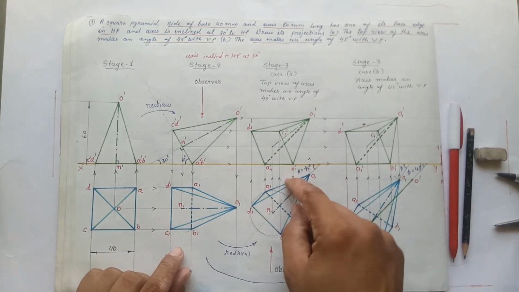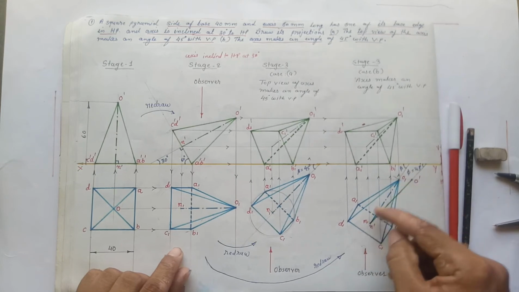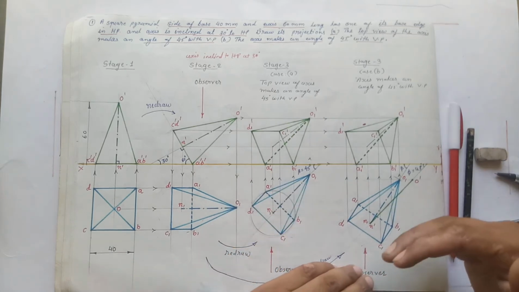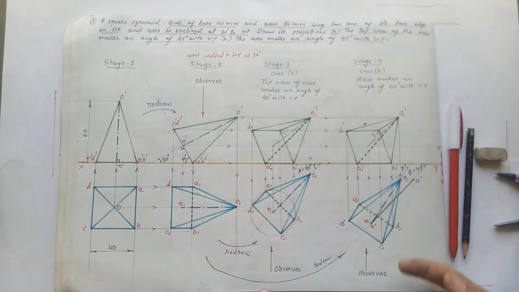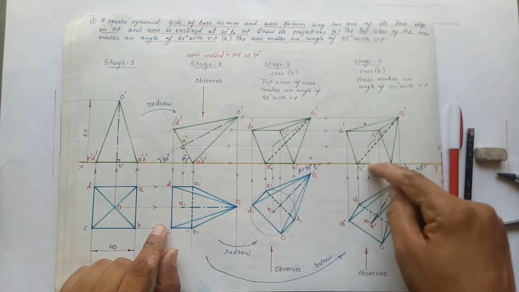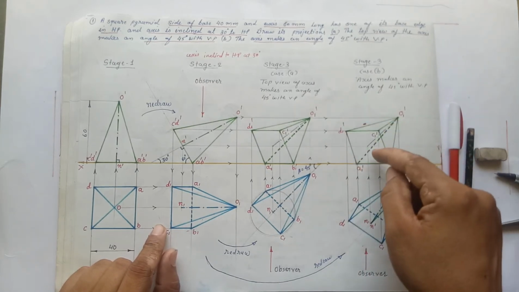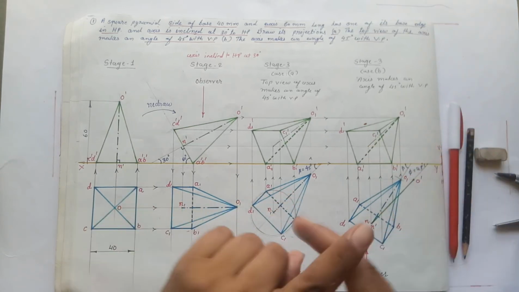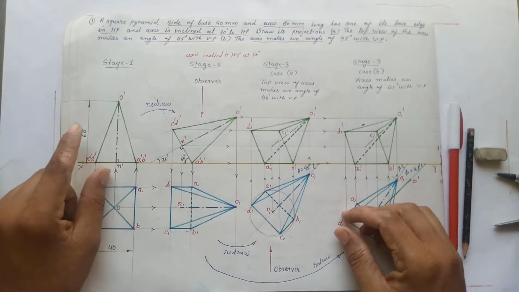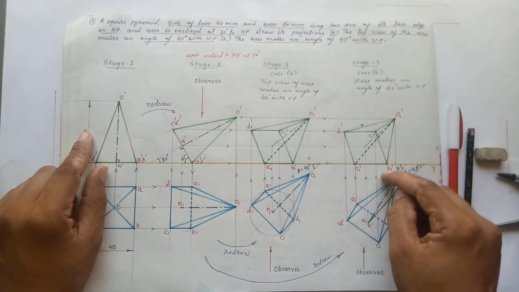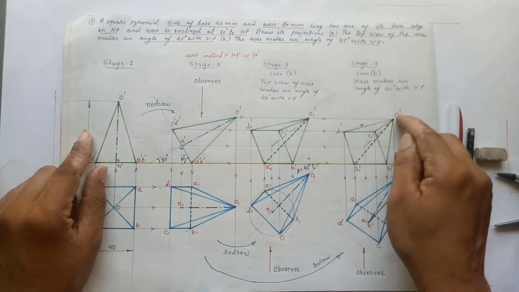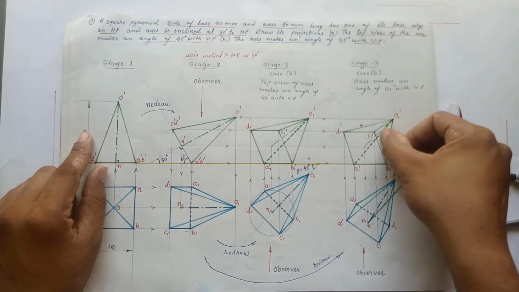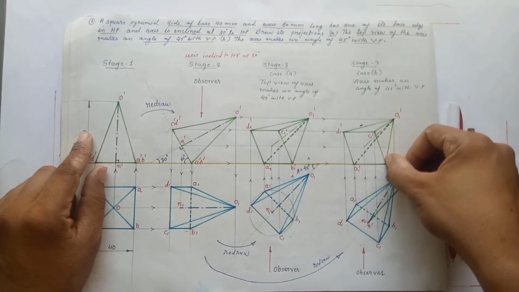Now again likewise, copy this figure over here on O1 N1, following the same method that we followed in this step. Again to draw the elevation, we can see that the base is nearer to the observer. So in the elevation, the base is going to be visible, A1, B1, C1, D1 is going to be visible. And now draw the slant edge by using the rule of intersection: two visible lines will never intersect, two hidden lines will never intersect. So O1 B1 is going to be visible, O1 C1 is going to be visible, O1 D1 is going to be visible, and O1 A1 is going to be hidden because it will intersect the visible edge of C1 B1.